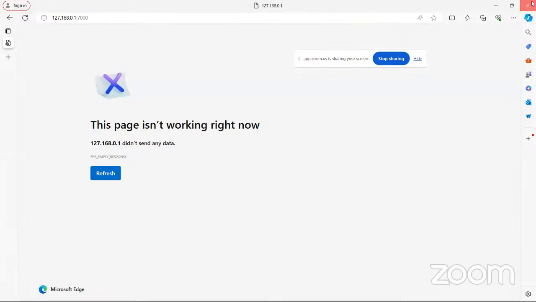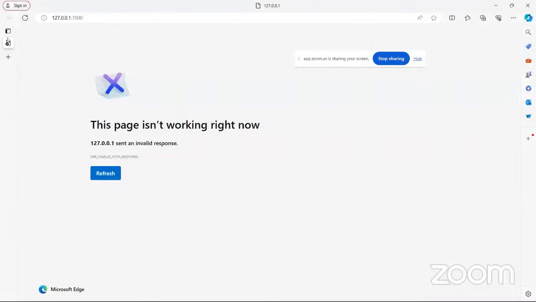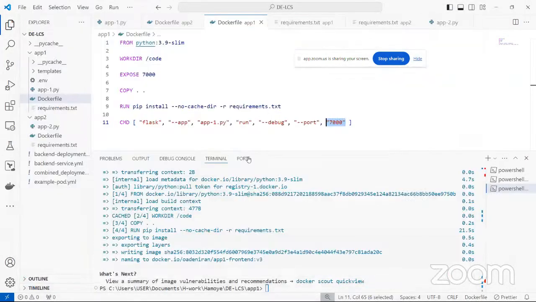Okay, this is still not working. Okay, serve mode is a deployment server running on HTTP. Okay, I see. So this is an issue with Flask again. So the issue with Flask is